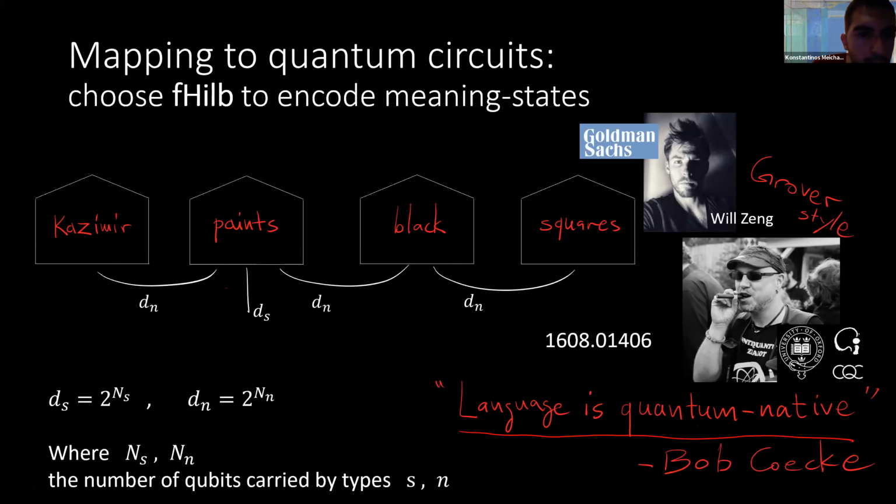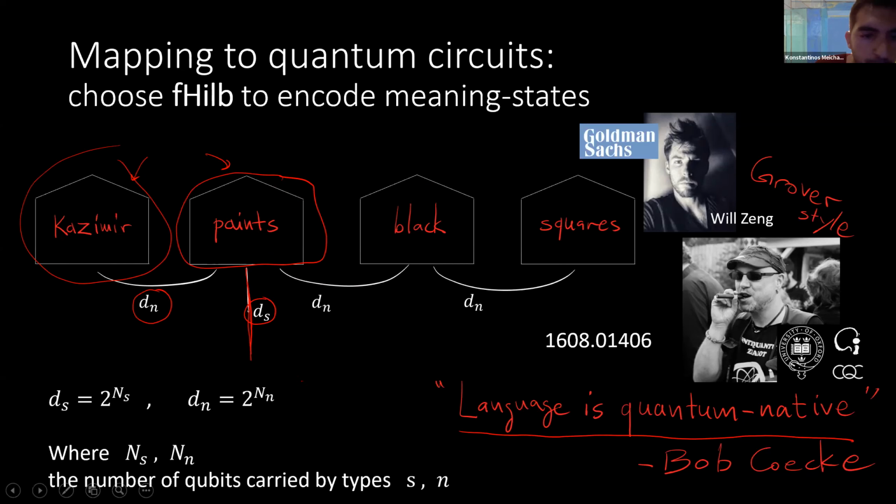what was done in this paper was to take these vector spaces to be Hilbert spaces. This is how you go quantum. You imagine that these are quantum states, so this is a quantum state on 3 qubits, for example, if a wire carries a qubit. This is a state on 1 qubit, and so on. And the grammar applies maximally entangled effects on all the qubits except 1 qubit line, which survives. That's how you prepare the sentence as a quantum state.